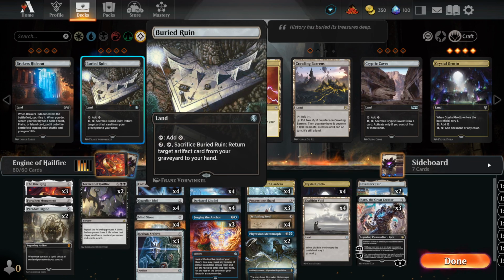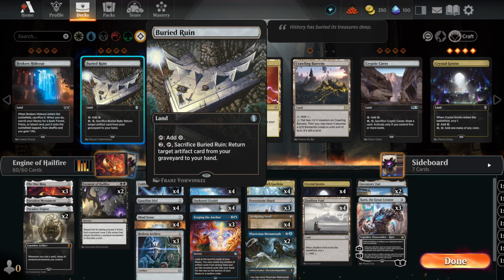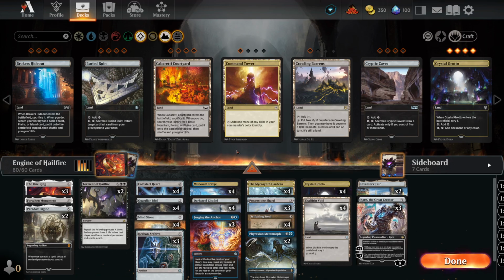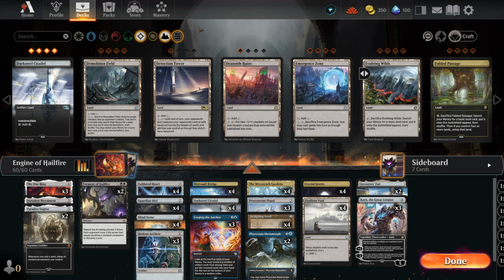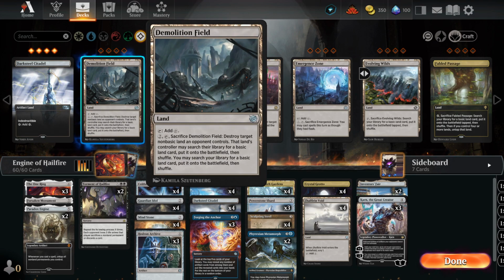is good for artifact recursion if your opponent was either clearing out your artifacts or discarded a key piece for some reason. Demolition Tower and the other options for it, Field of Ruin, that sort of thing, are for